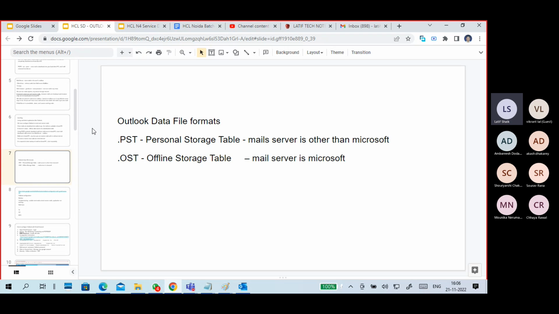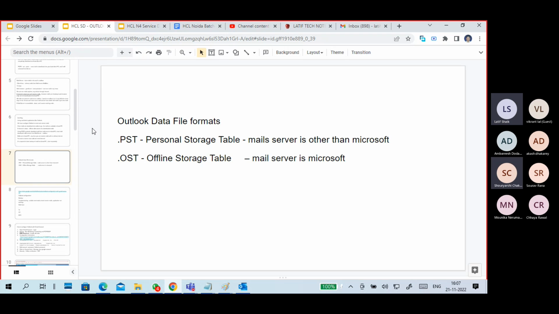For example, if your mail server is a Microsoft mail server, meaning Microsoft Exchange,